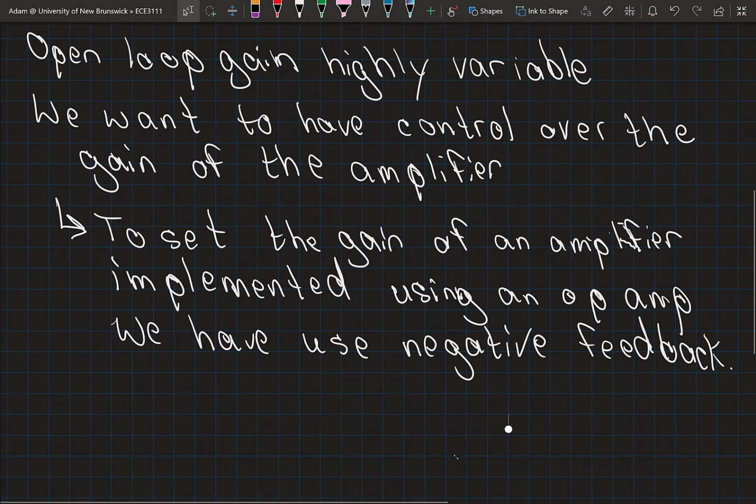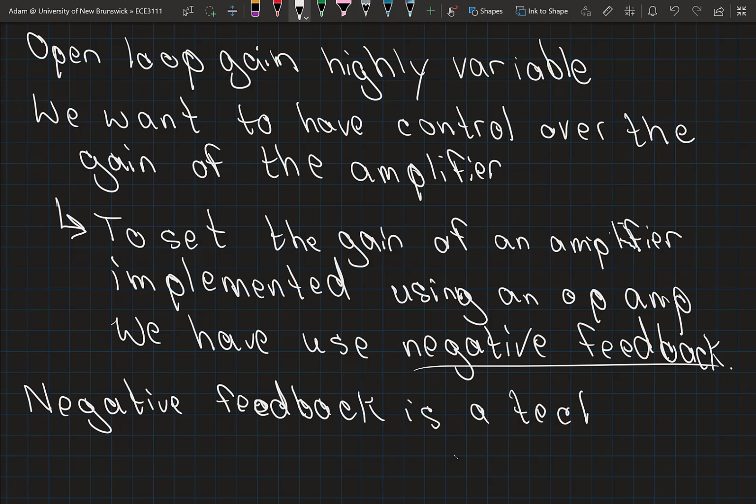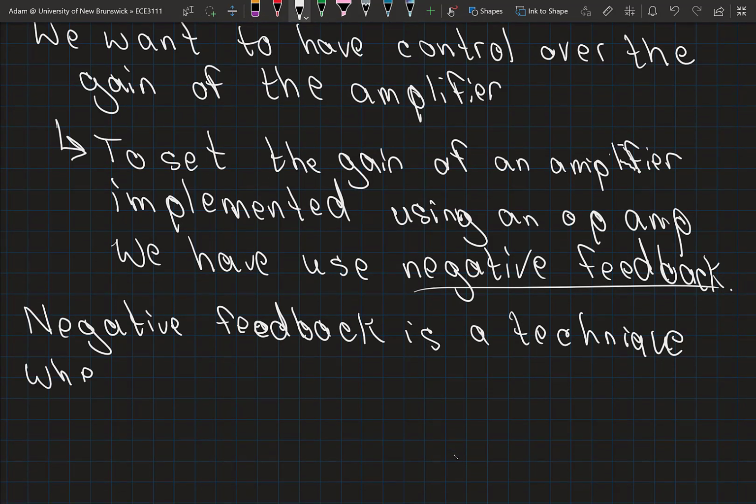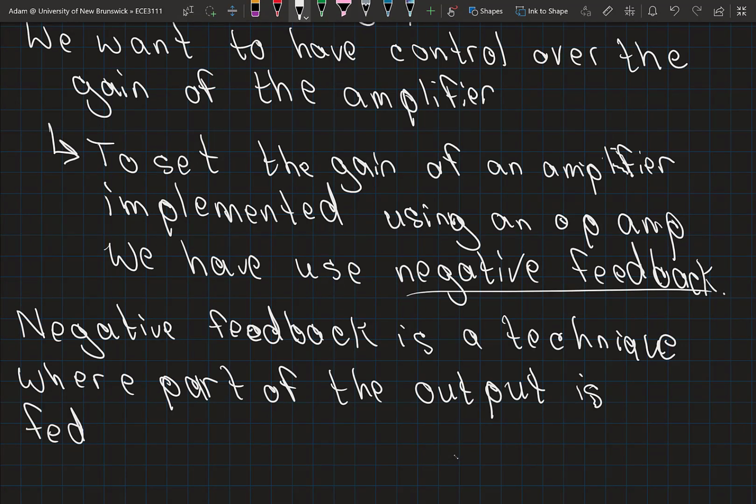Okay, so what's negative feedback? So negative feedback is a technique where part of the output signal is fed back, hence the name, to the input,